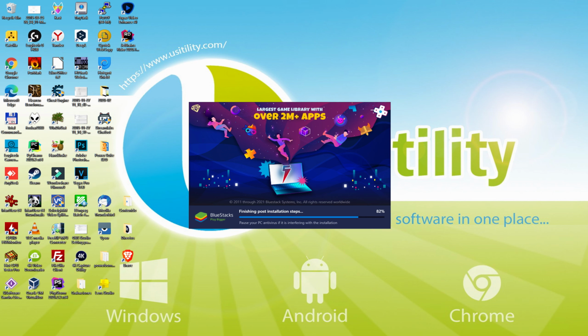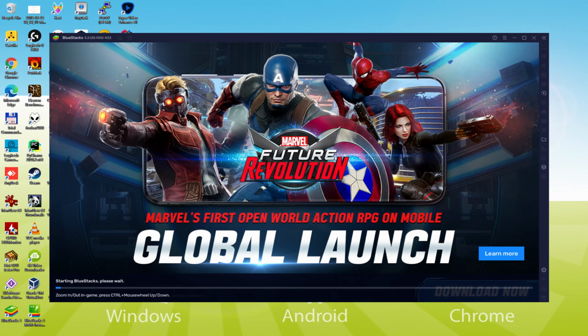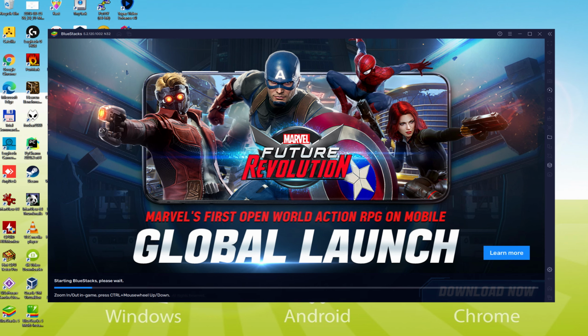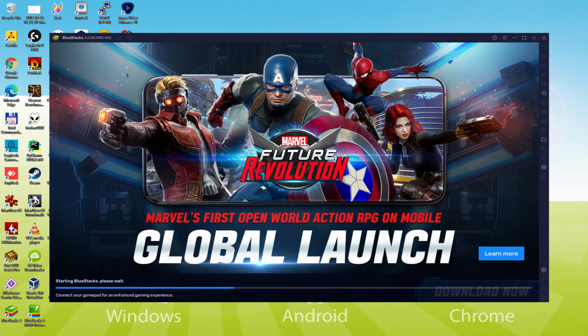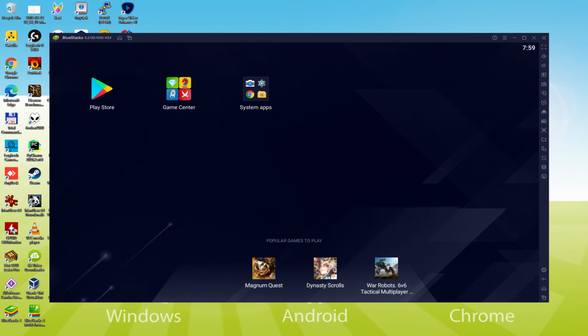The installation has already finished for me. At present, the emulator has been started automatically. As you can see, down here, we have a progress bar that will advance to the right, and when it has reached the end, the emulator is launched for the first time. Indeed, the emulator was already started, here it is for the first time.